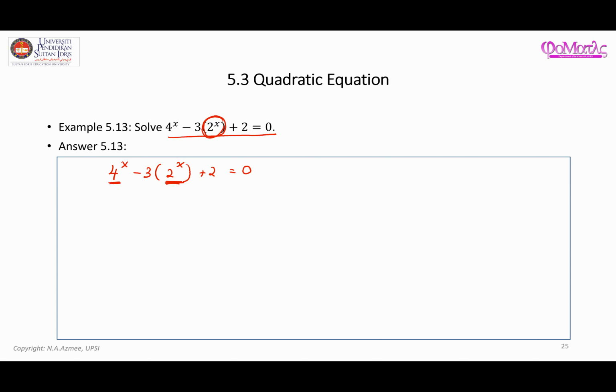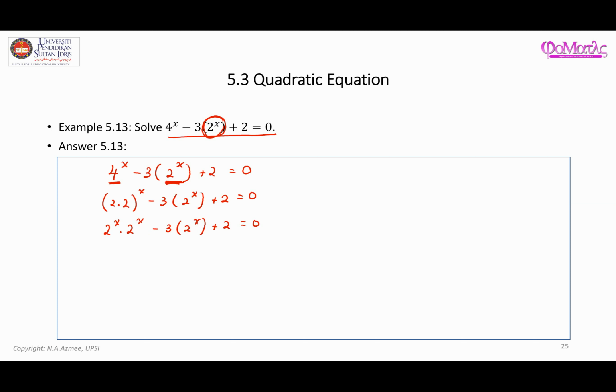So now what can we do? You have learned about powers and exponents in chapter 3. So we're going to apply that knowledge now. So now 4 is actually 2 times 2, to the power of x, minus 3 times 2 to the power of x, plus 2 is equal to 0. Now, according to what you have studied in chapter 3, this is the same thing as having 2 to the power of x, 2 to the power of x, minus 3 times 2 to the power of x, plus 2